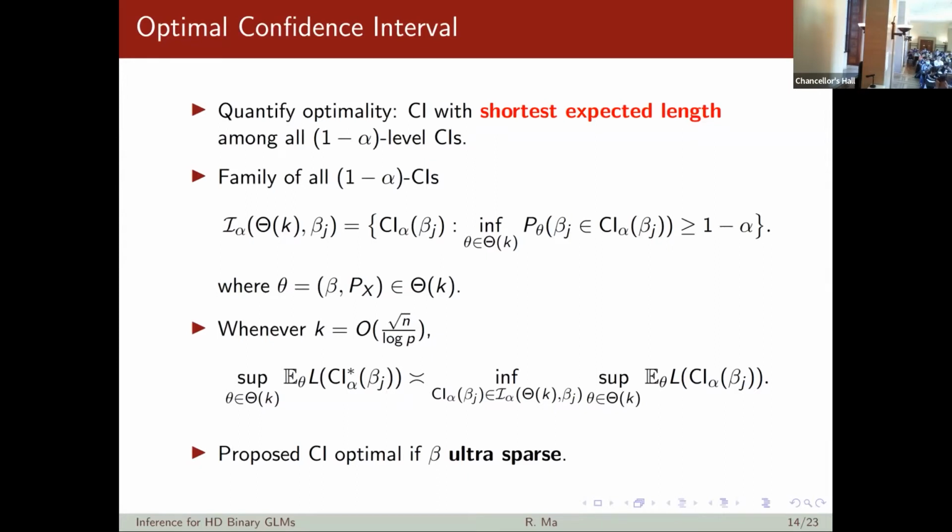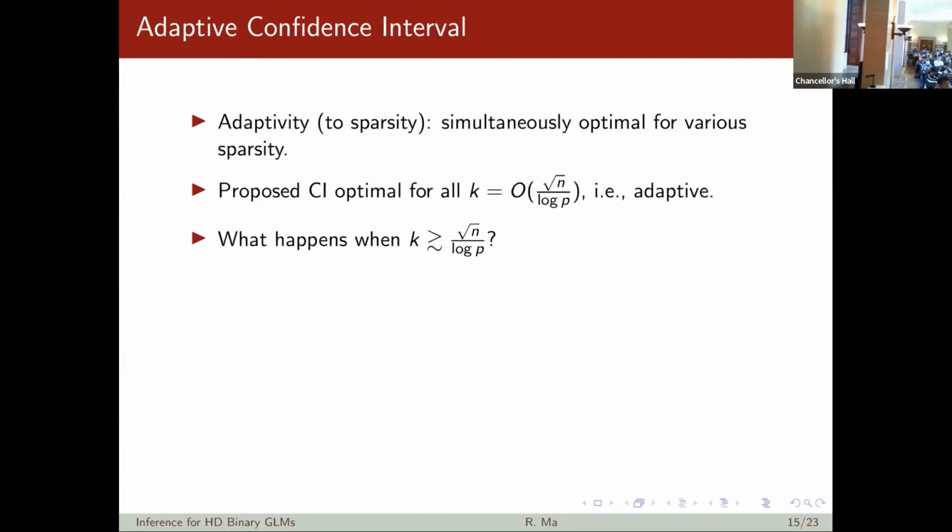And the next question that we would ask is, what happens beyond this ultra sparse regime? Do other methods perform better than us in that regime? And it turns out that the problem is more complicated than we thought. And we need to draw ideas from